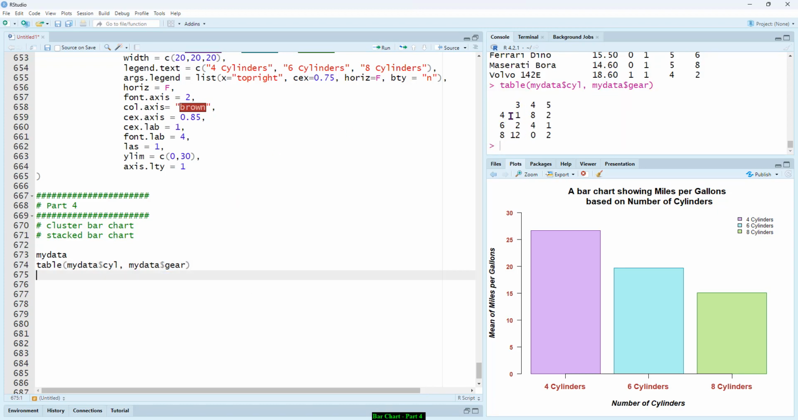In this table, the columns consist of the gear of the car, meaning 3 gear, 4 gear, and 5 gear. Each row consists of the number of cylinders. So the orientation of the table function is, this is going to be in row, this is going to be on column. To make a cluster bar chart or group bar chart, we just use barplot